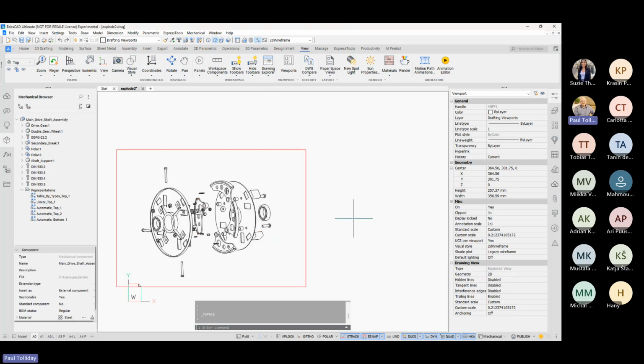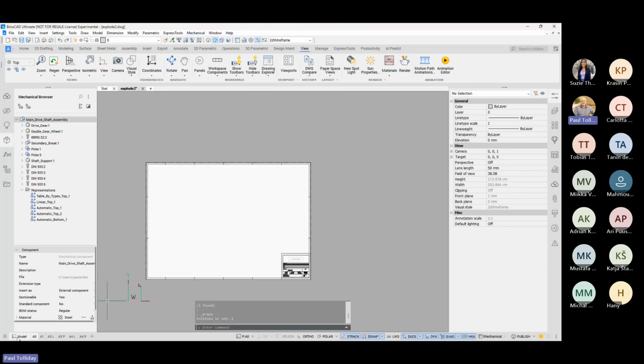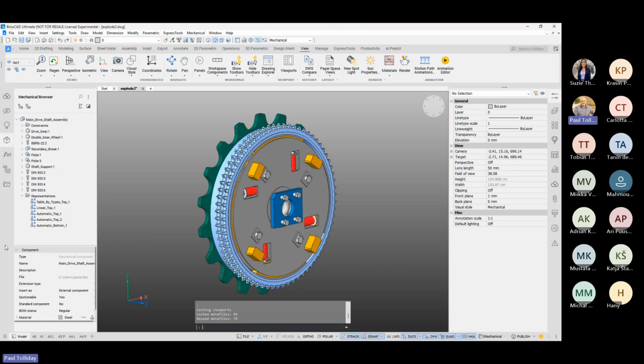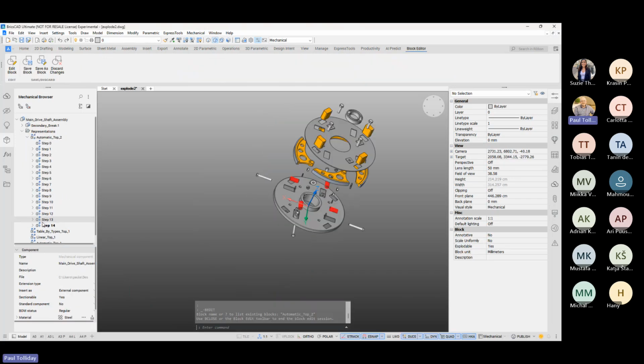And then we've got our 2D view that we had originally. So it's very, very flexible how you want to move all of these. I'm just going to come out of there, delete that view. So if we now go back to our model, and we've got our automatic top 2, which is our sub-assembly